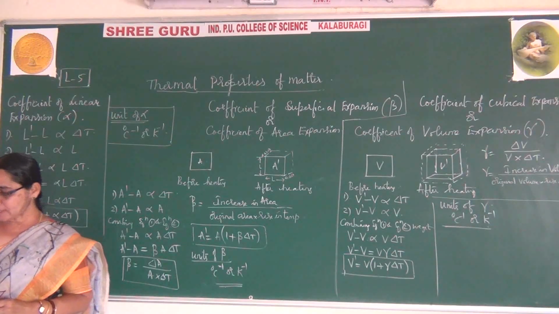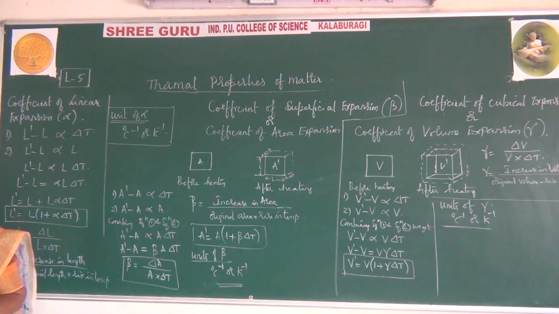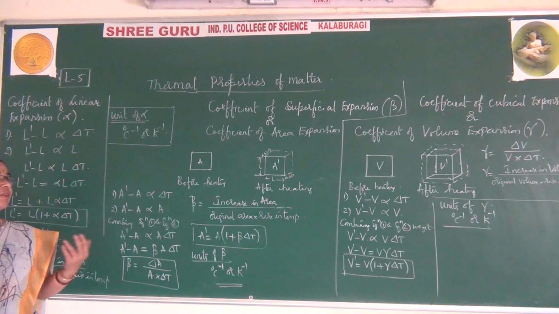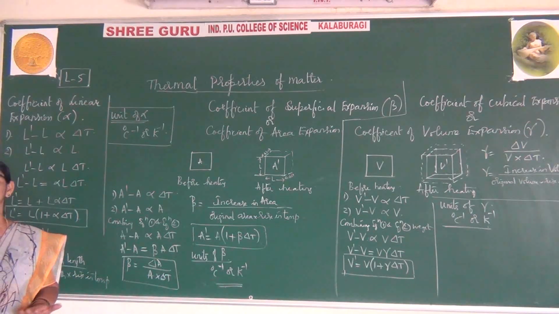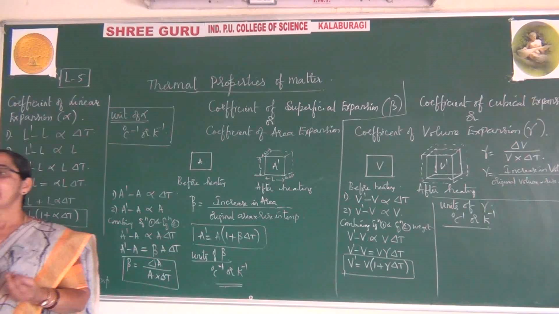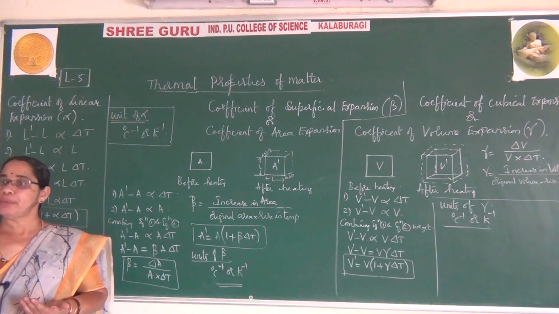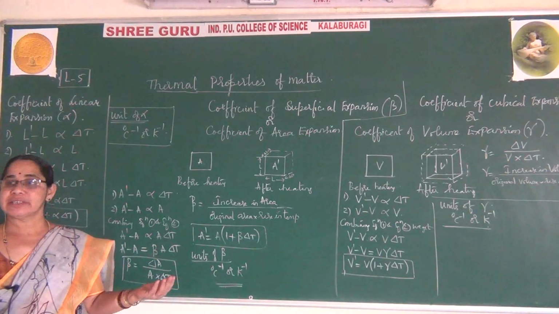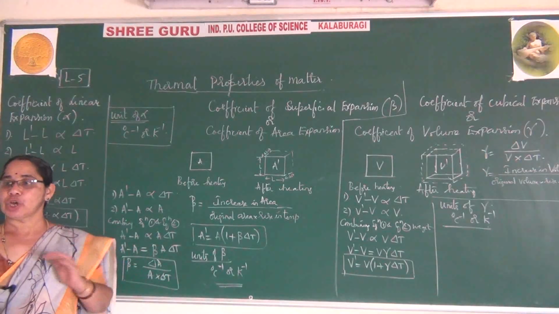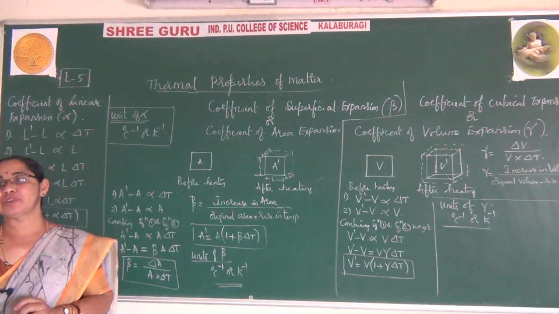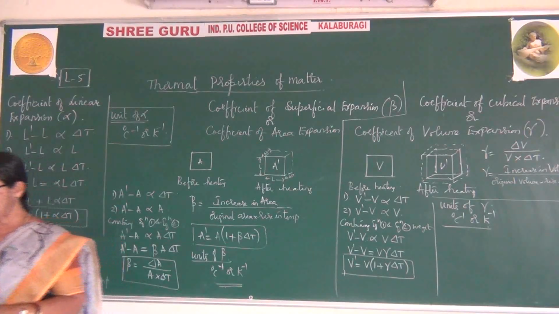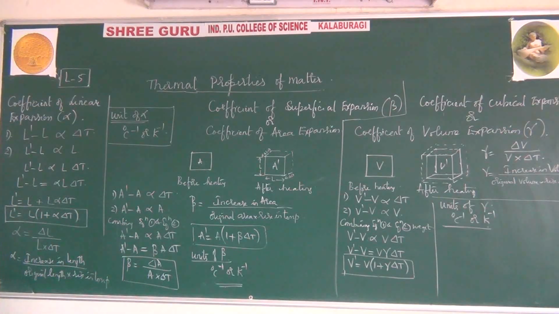And remember, this volume expansion can be explained with respect to both solids and liquids. For both, volume expansion takes place. Even for a solid cube, volume expansion takes place. For liquids also, because liquids are always taken in a container, as and when they are heated, the volume expands. Now I will give two examples, for solids and liquids, and compare how the volume expansion can be explained.